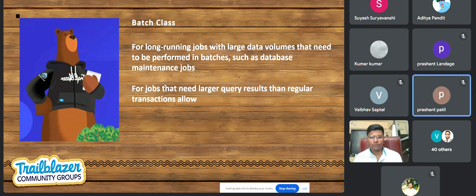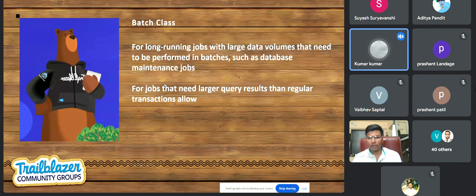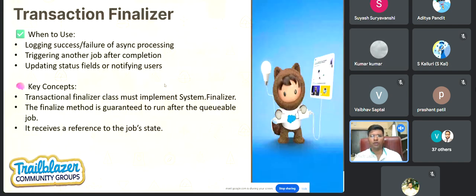Sir, say suppose I need to call a future class via the batch class. I know that there should be a Queueable class via which I should call the future class, and that Queueable I should call inside the batch. So my question is, can I keep that in any of the custom functions inside the batch class, or do I need to keep it in a specific function only, like start, execute, and finish? In the execute method only you will have to do that.